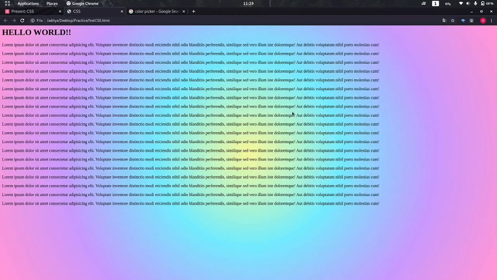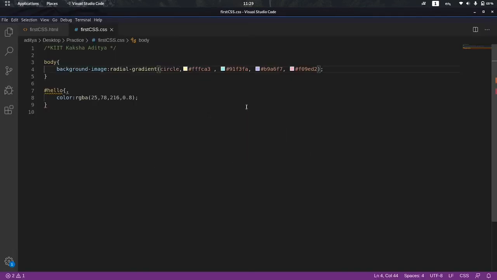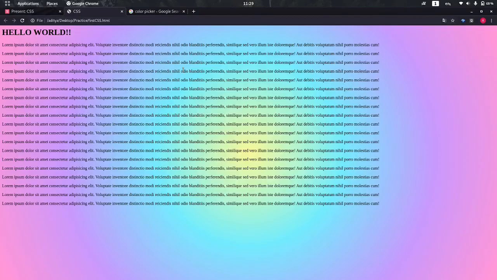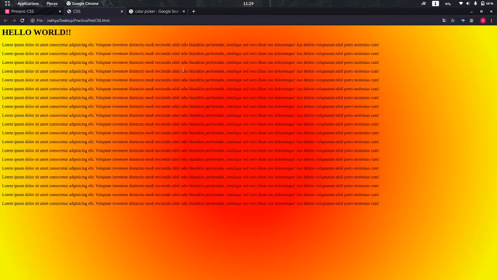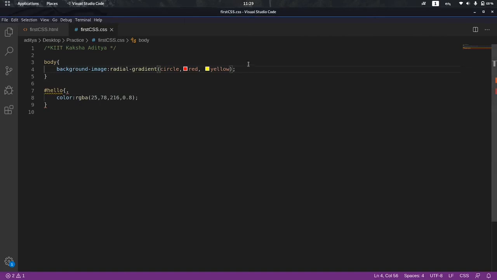You can see a circular gradient is being displayed. To show you this transition more clearly, I will use red and yellow. So you can see this transition more clearly now.